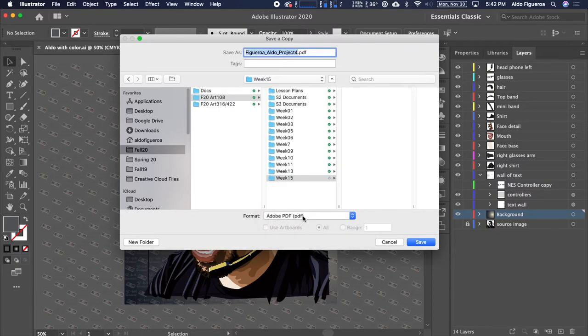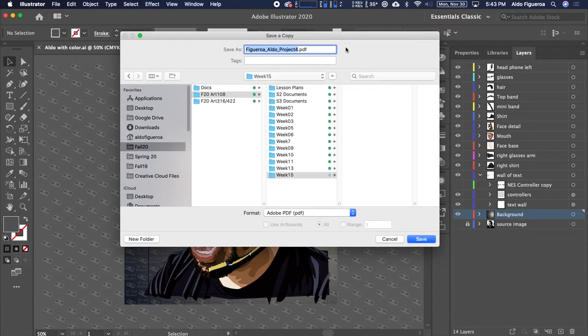By using PDF, I want to make sure that this is going to save it out as a PDF file, which happens to be a vector file format. In the next window, we're going to select different options. Now, before I do this, I want to mention that within this Mac window, you might want to click on this little box right here to expand, so you could select a location. All right, so I'm going to go ahead and tell it to save,